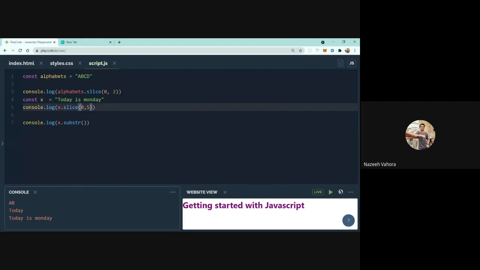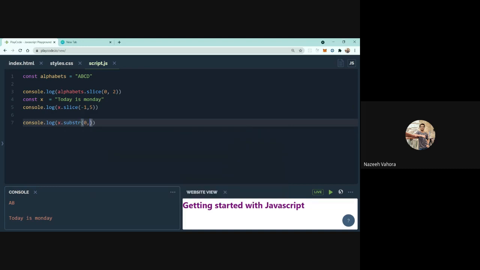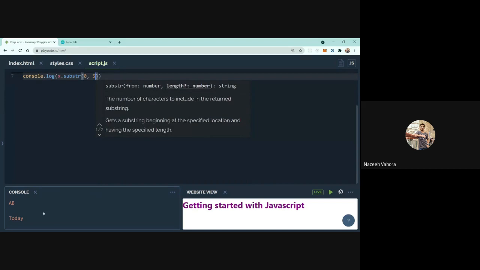Like here, if I enter -1, then it will start counting from the backward. Like at the zeroth index we have t, then at the -1 index we have y. So it will slice from the end up to the fifth index. So slice accepts a negative value, but the substring method can't accept negative values, so we have to specify positive values only.